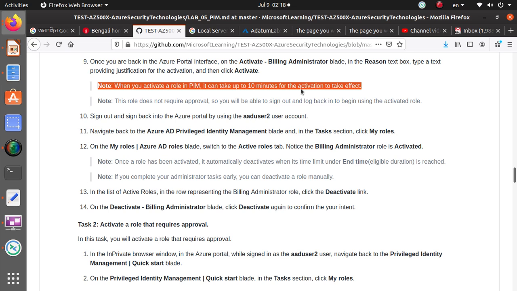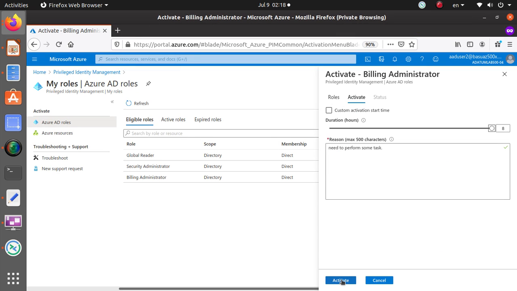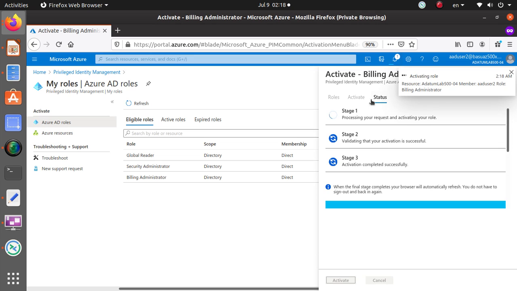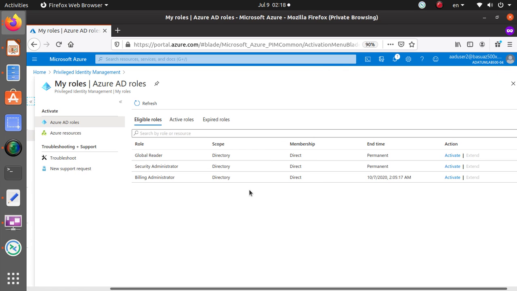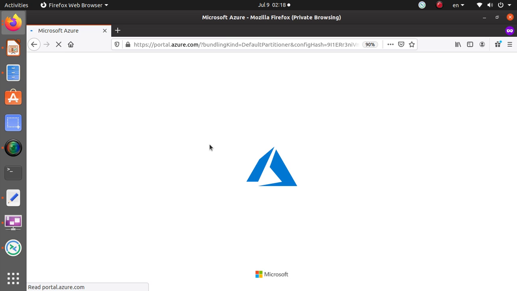Okay, if this role does not require approval, you should be able to sign out and log back in and begin using the activated role. So now you can click on activate, and the activation of the role process has started, and now it's successful. So now at this time, if you click all of that and refresh this account maybe,